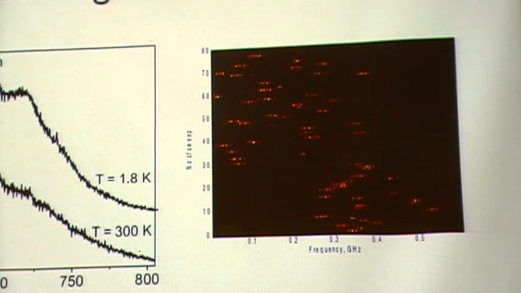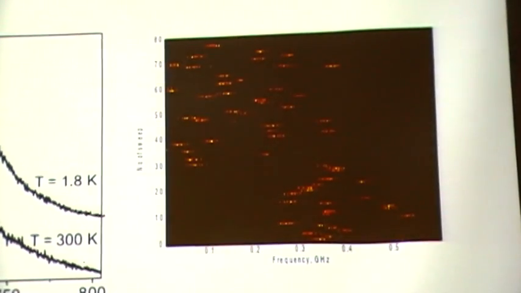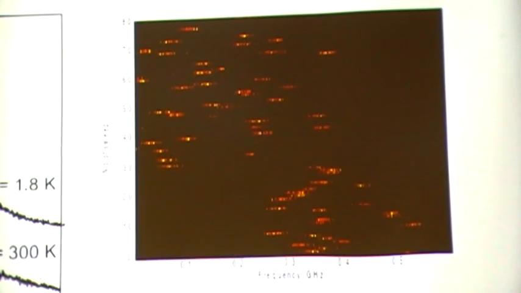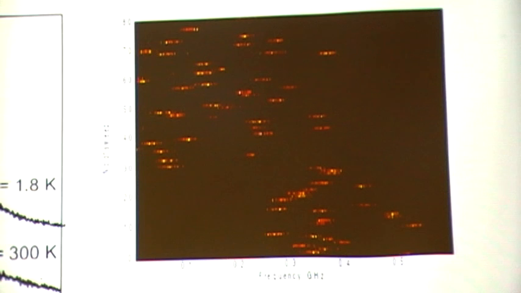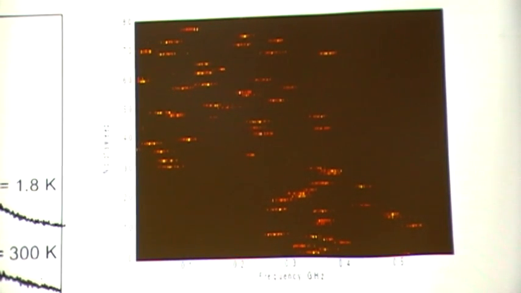This is a frequency scan, and this is time. We make a frequency scan, we have a line here. We make the next frequency scan, the line jumps. Next frequency scan, the line jumps again. This is called spectral diffusion. Something is going on with the system, it wobbles around there, so this is really one of the nasty problems of